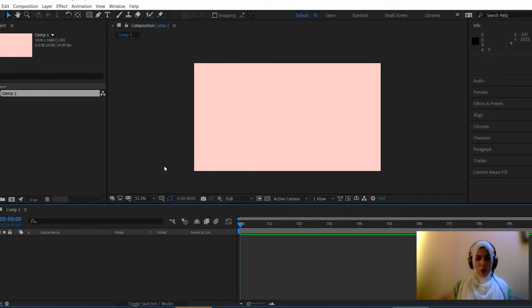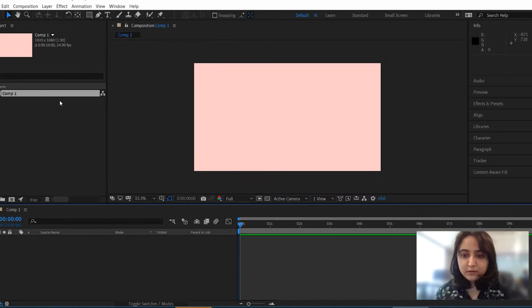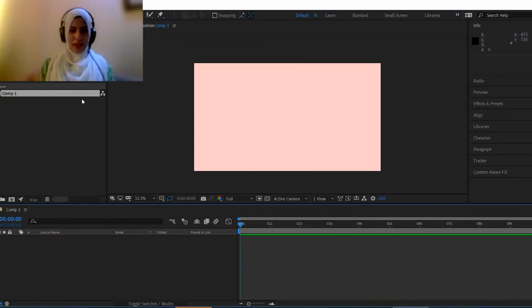Okay. So once I have created my composition, this is the project panel where you'll see all of your files. This is the composition panel. This is the panel where you will be able to see your composition and what the things are that are in your composition. For example, you have photographs, or you have a video, or you have some illustrations. So you will be able to see all those things in this panel. Then there is